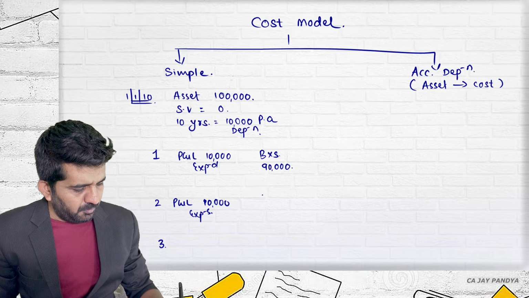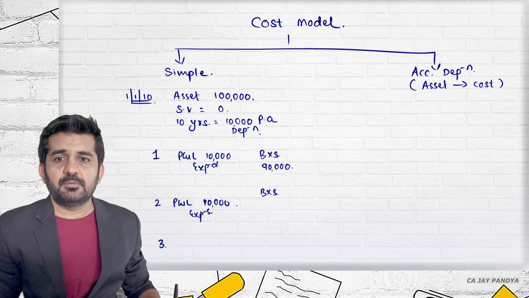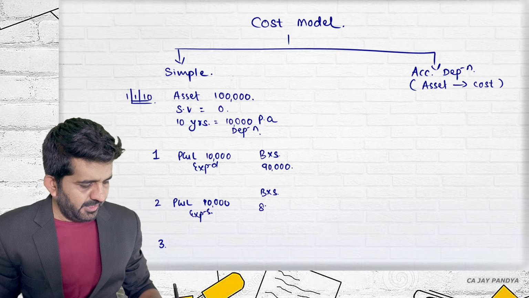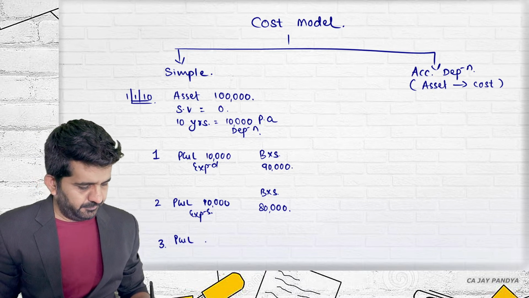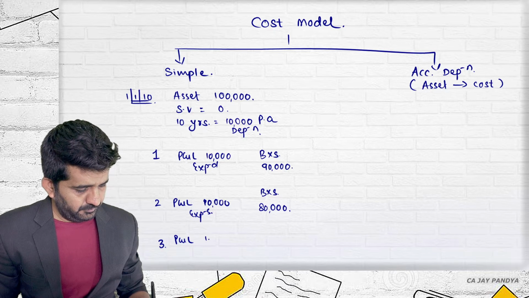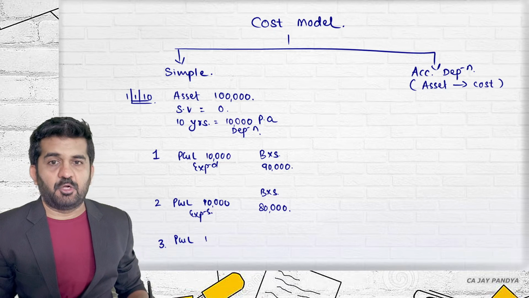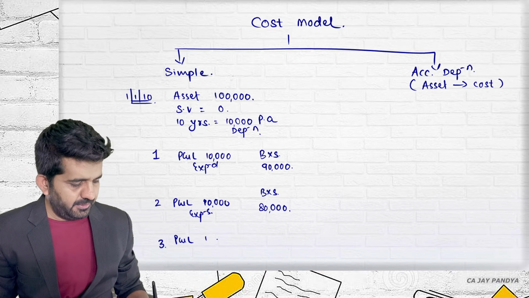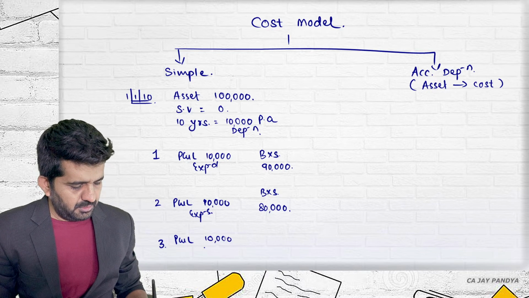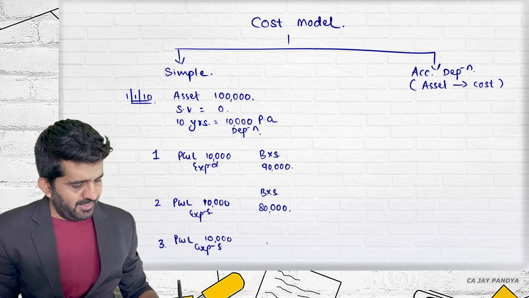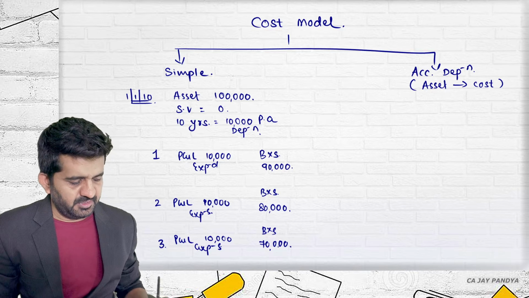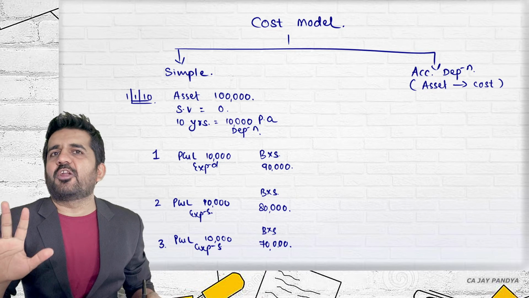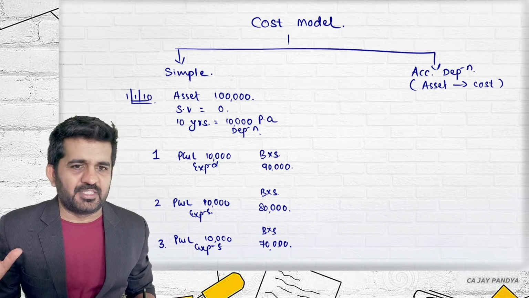Aman, can you help me out? What will be the balance sheet figure? Fast. 80,000. Good. A third year. Darshita, profit and loss account? How much will be debited in P&L account debit side? 10,000. 10,000 as expense. And what will be the balance sheet figure? 70,000. Yes, it is correct. So this is a normal method of depreciation that we have followed since last 3 years.